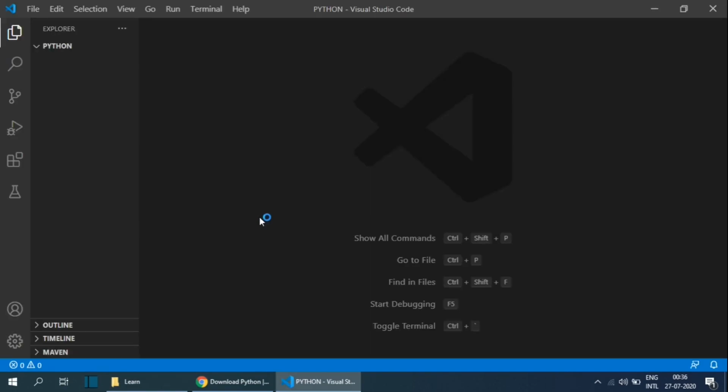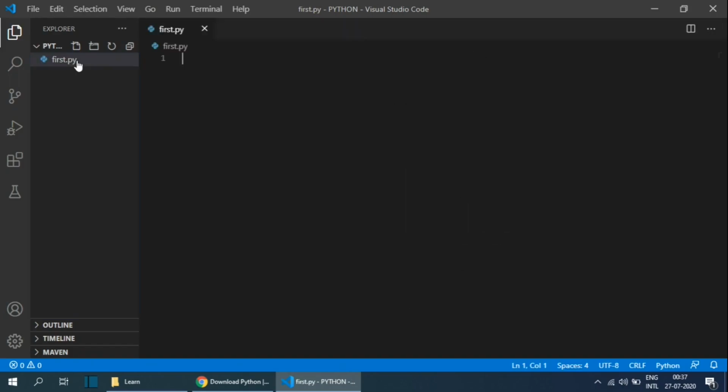Now I am going to create a new file within the Python folder named first.py. I am going to type the command print hello world from VS Code. Save the file by pressing Ctrl S.